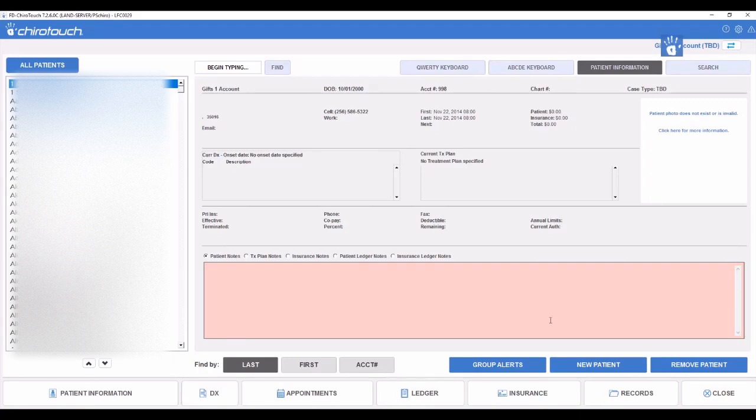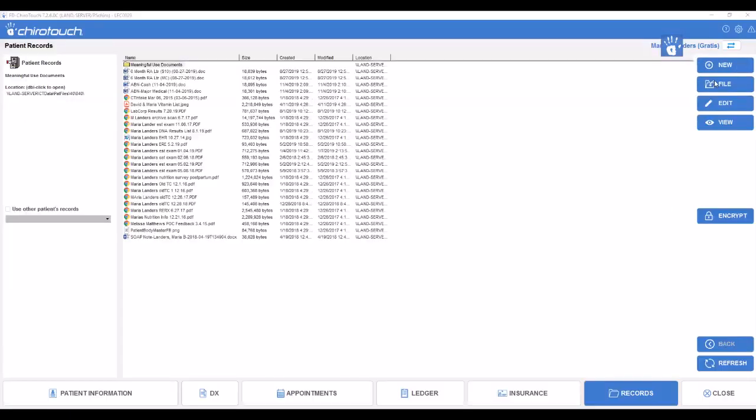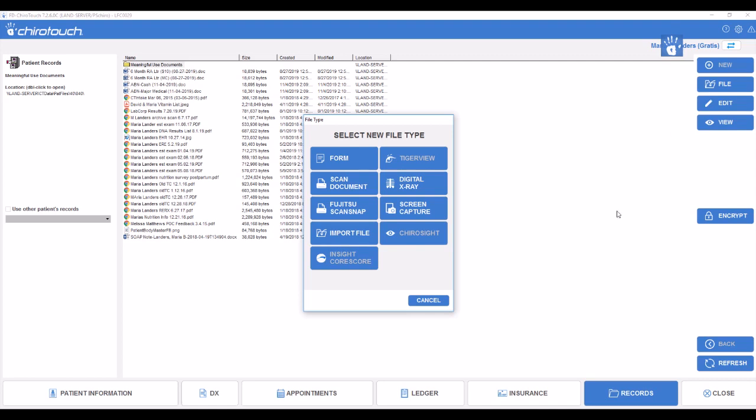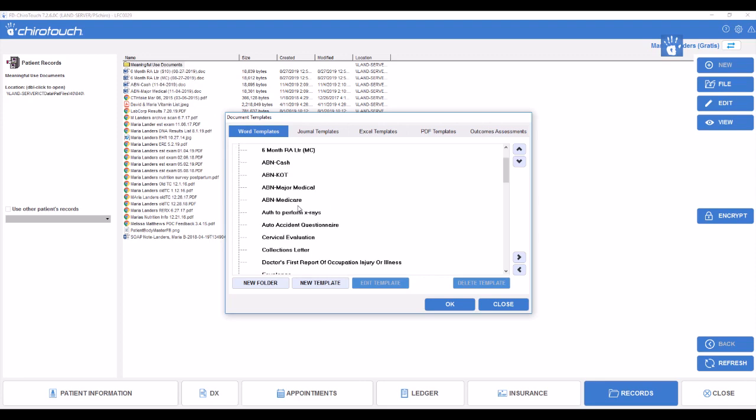Okay, so real quick, I'm going to show you how to create forms over in the records area. Let me pull myself up as a patient. So when you go into records, you click new file, and then you're going to click on form at the top. So as you can see, we have a lot of different forms that we use in our office,